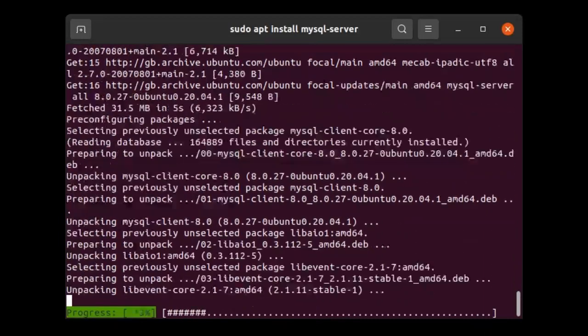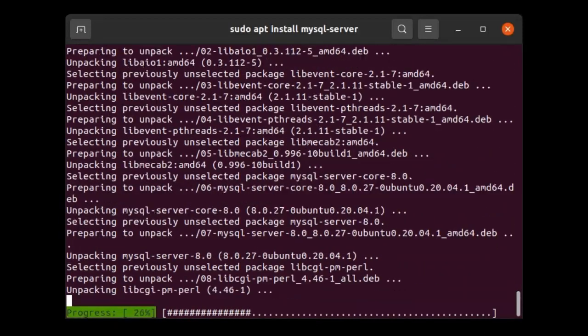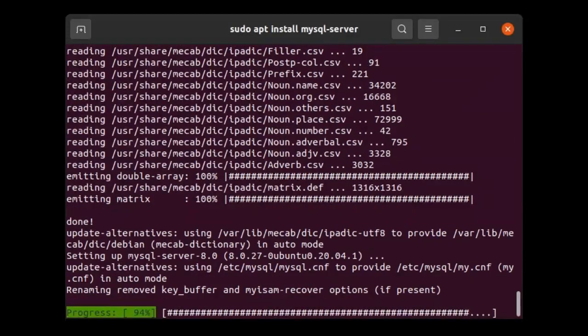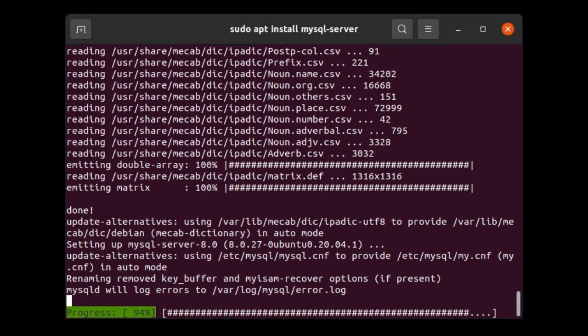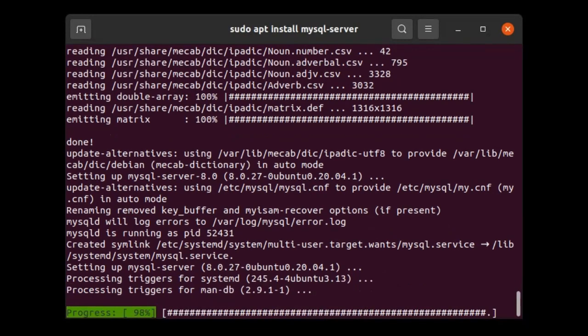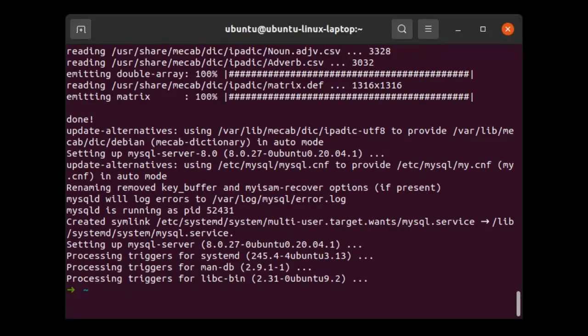Obviously there are some posts out there on the internet. There's one on DigitalOcean which shows you how to install MySQL on Ubuntu 18, I think they say, but obviously, no, 20. Ubuntu 20 is pretty much the one that you should be installing on a new laptop, and this is Ubuntu 20 that I'm running. So we'll just let it install its stuff. There we go. So once that's installed, you've got